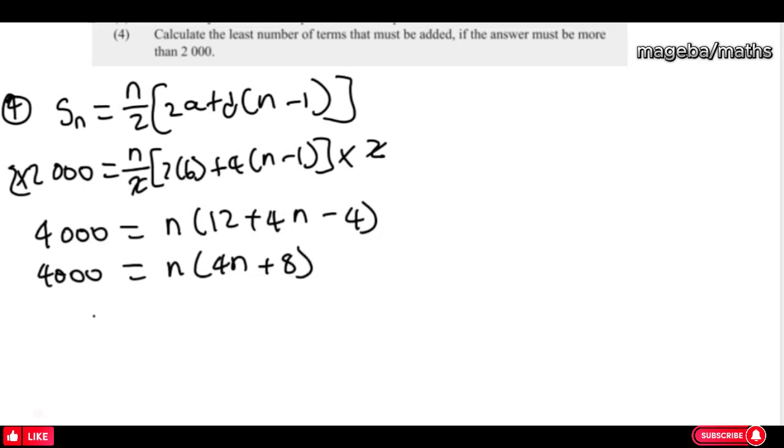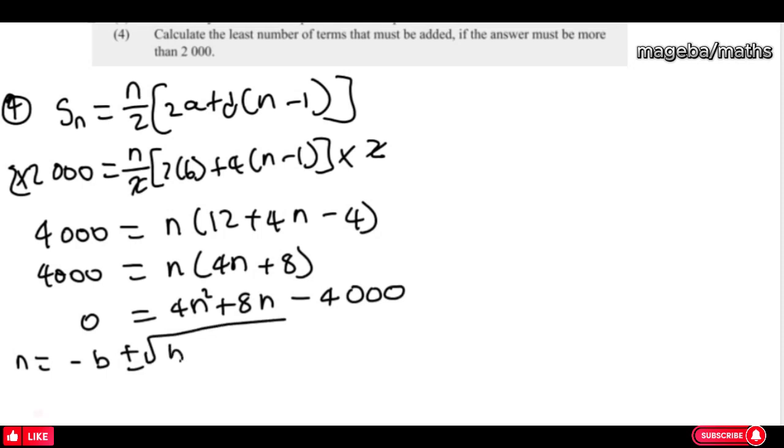Then take this 4000 to the other side, multiplying this is going to give us 4n squared plus 8n minus 4000. And then from here we can do our quadratic. We can't divide by 4 since 4 doesn't go into 4000, so it's going to be negative b plus or minus the square root of b squared minus 4ac, all over 2a,